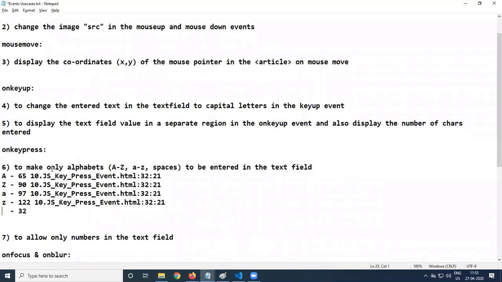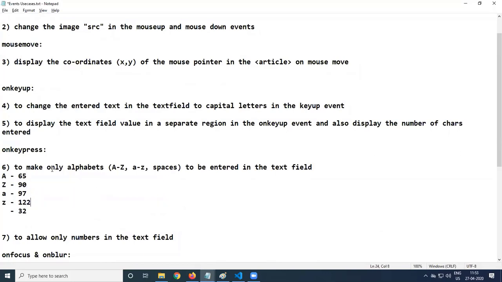So if the char code is between 65 to 90 and between 97 to 122, or the char code is space 32, only alphabets and spaces are allowed. If you enter a character other than this, it should be cancelled.